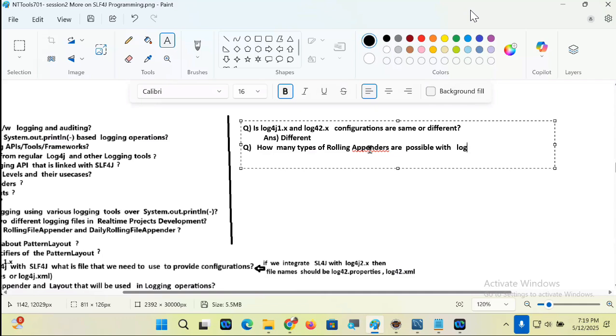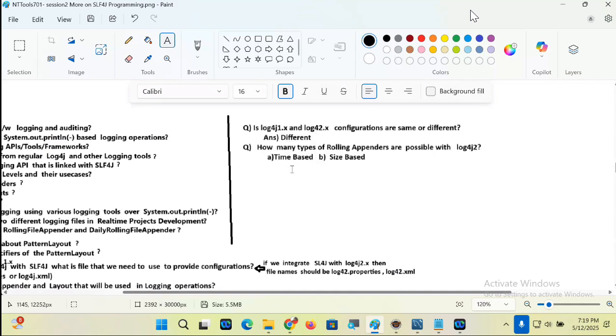Number one, time based. Number two, size based. Time based is equal to what? Size based is equal to what?